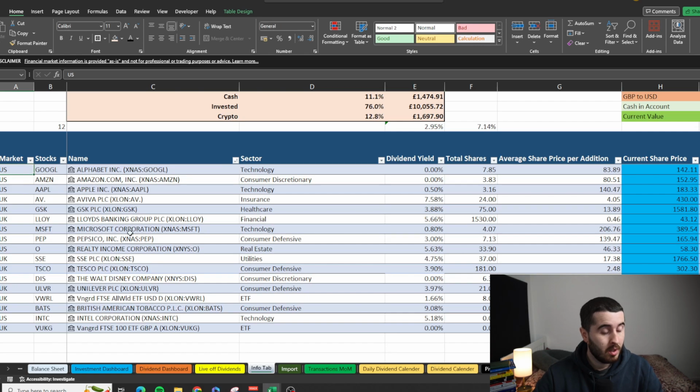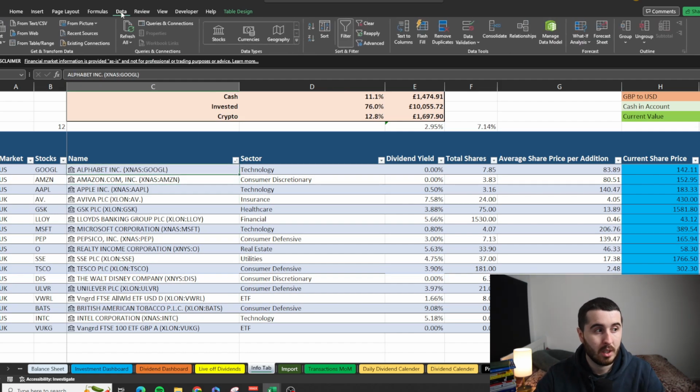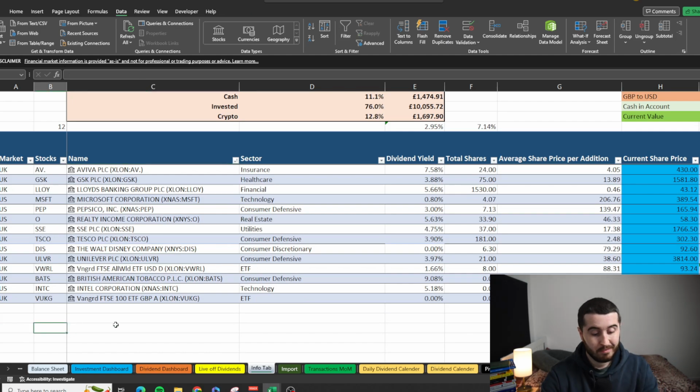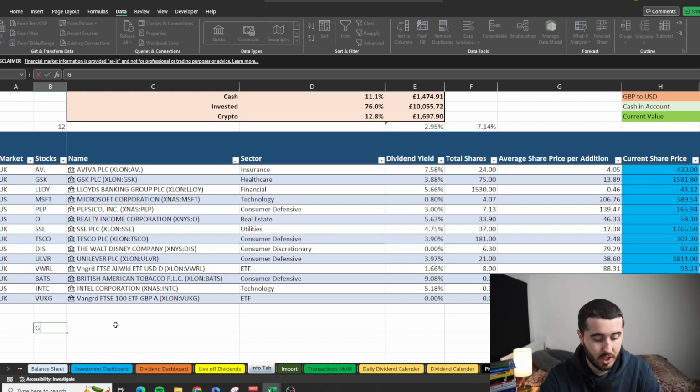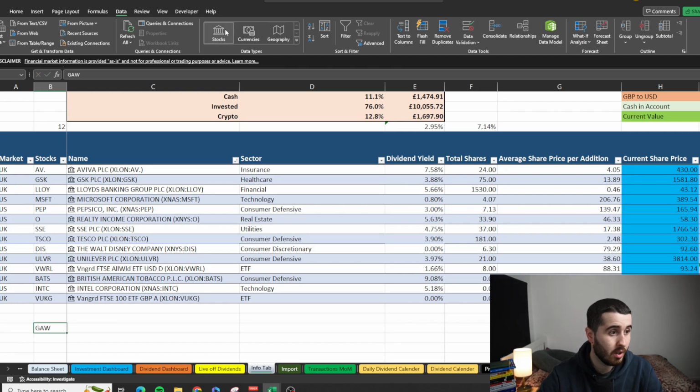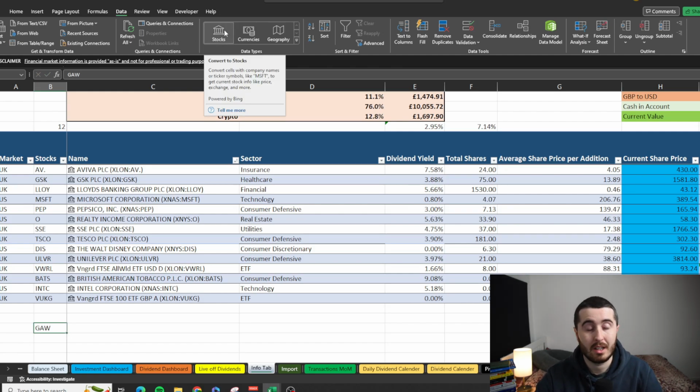So how this works is you have your stocks. I write in my stocks, and then this name here, if you go to data, you can select it as a data type. So for example, let's look for a stock ticker that I'm actually considering buying. If I go GAW, so this is Games Workshop, which I'm actually looking at,